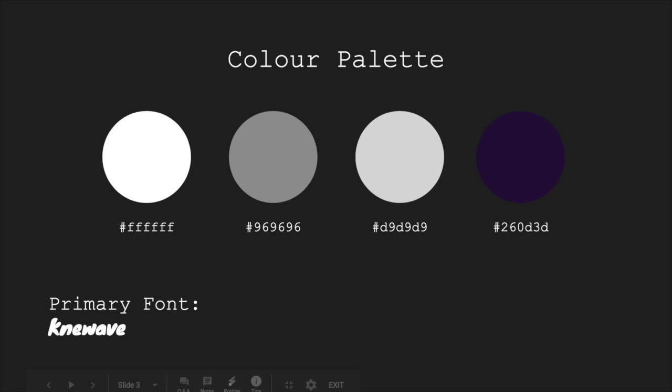It's not simply a neutral monochromatic color scheme, and it does give off that eerie feeling, that feeling of spirituality that is felt throughout the 6 After 6 brand overall. And the font that we used throughout all of our advertising as well is New Wave, and it is a sans serif font.